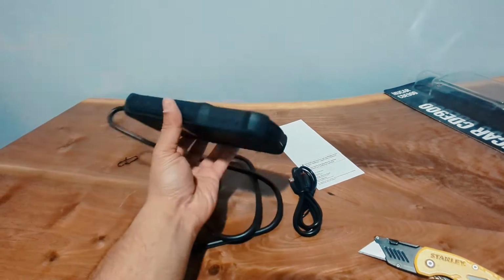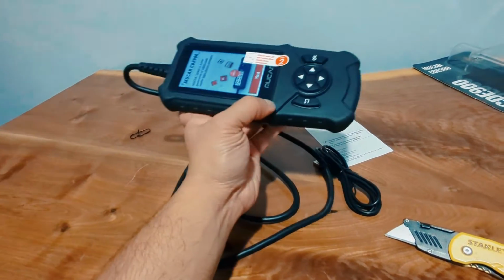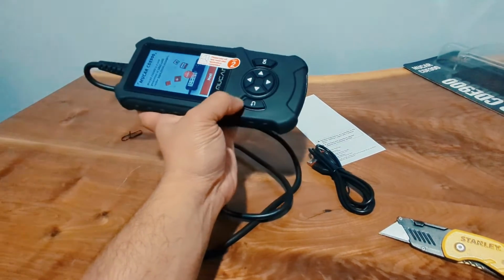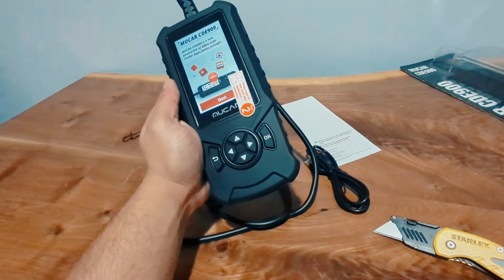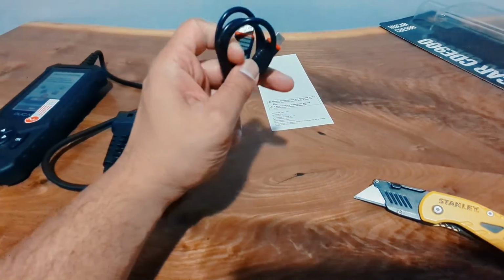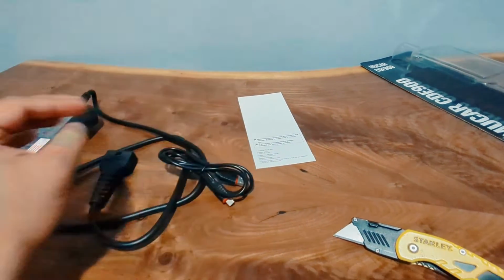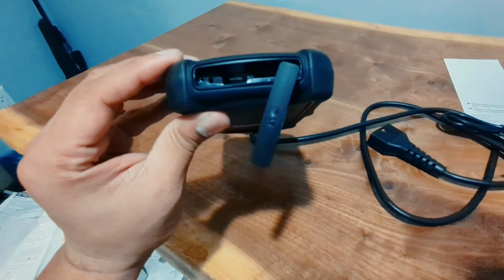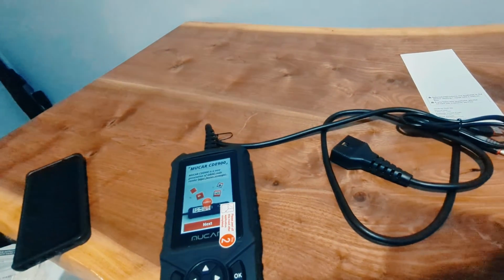So as I said, it's a premium feel device, and it is a premium device. It's a soft rubber material all around, so being a car enthusiast or a mechanic, it's okay to drop it, I guess. Inside the box there was this wire for it, USB-C to a regular USB, and it goes in right at the bottom. That's where the USB-C option is, and it also has a space for a memory card, so you can actually expand